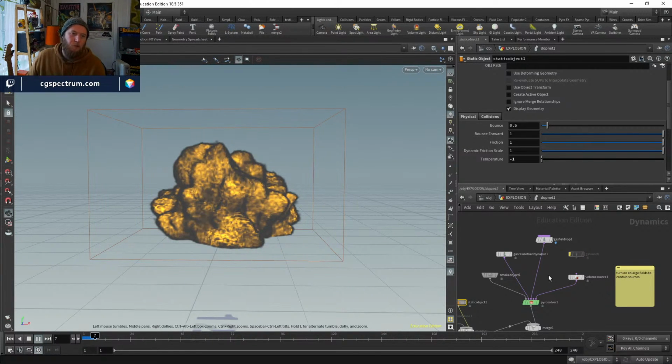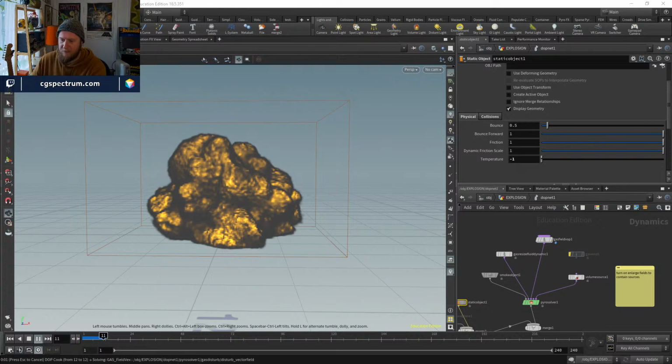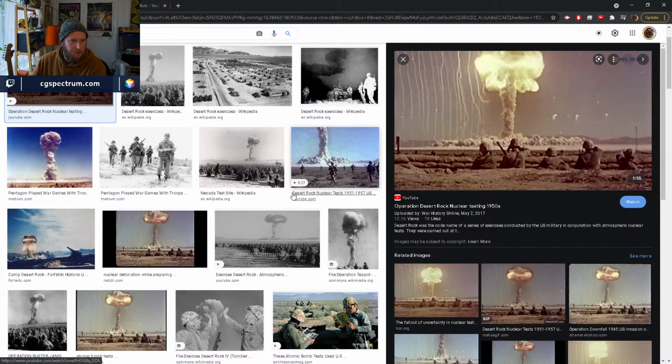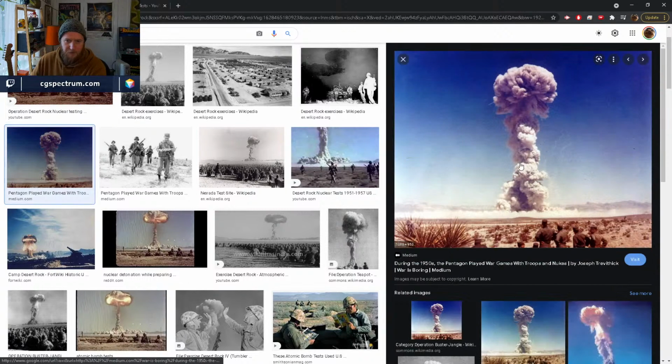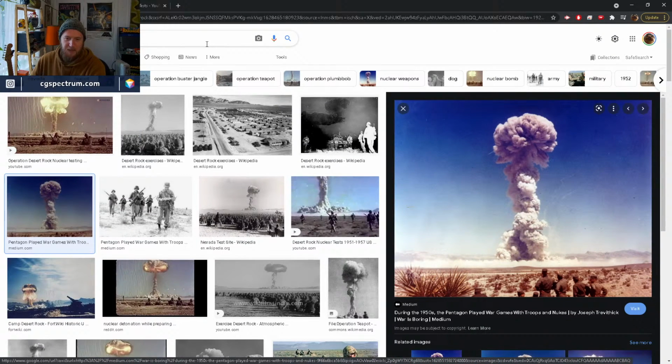We've got to do a lot of work with shaping to add those nice pyroclastic details, this really cloudy detail that you get in explosions, all the detail that makes it look like Kentucky Fried Chicken. I don't know if you guys have seen that, but